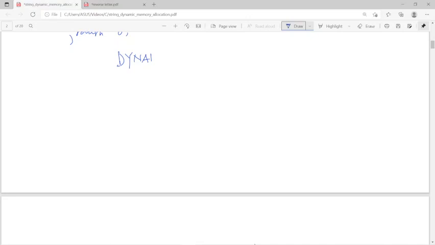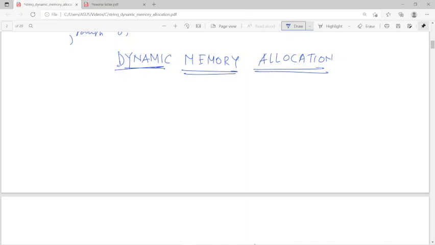Dynamic memory allocation. That is the thing: dynamic memory allocation. First thing that you